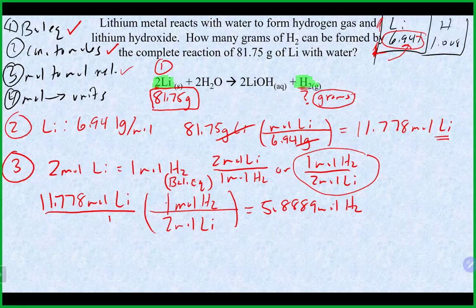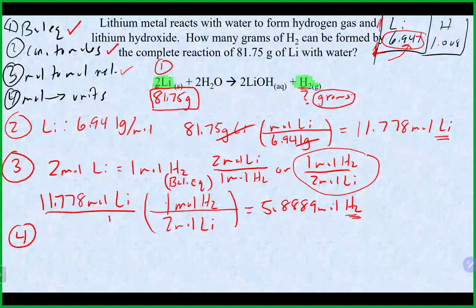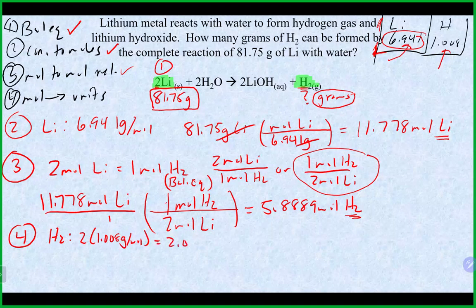And it is important to remember as well that we are no longer dealing with lithium. We have now converted into hydrogen. So we again would need to go back to the periodic table. We would need to get our molar mass of H2, which should be 2 times 1.008 grams per mole, going to get us 2.016 grams per mole as our molar mass. And just continuing on right here,